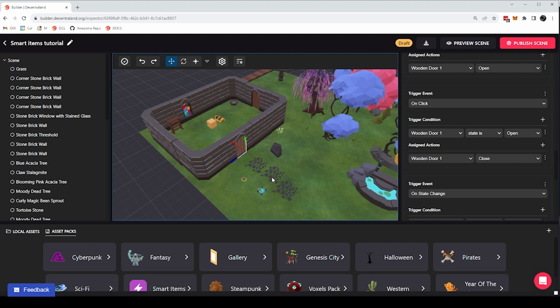Doors are fairly simple, but they have one thing which is kind of interesting, which is they have two possible states. They can be open or they can be closed. And the way you interact with the door, if it is currently open or if it is currently closed, may differ. So in the previous videos, we looked at some of the basic smart items, and we particularly looked deeper